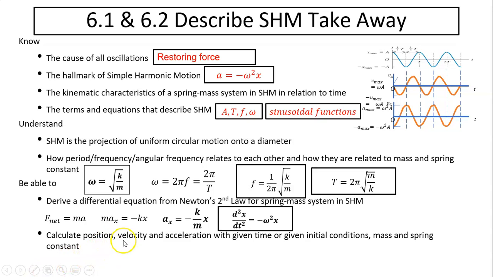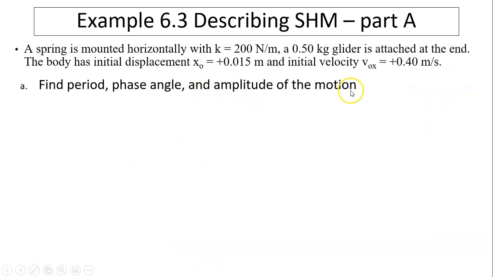Be able to calculate position, velocity, and acceleration at a given time. For this we have to use sinusoidal functions and plug in the time. If we know the initial condition, mass, and spring, we can also find the position at a given time, velocity, and acceleration. So let's take a look at another example. The spring is mounted horizontally. We know the K, we know the m, we know the initial condition, initial displacement, and